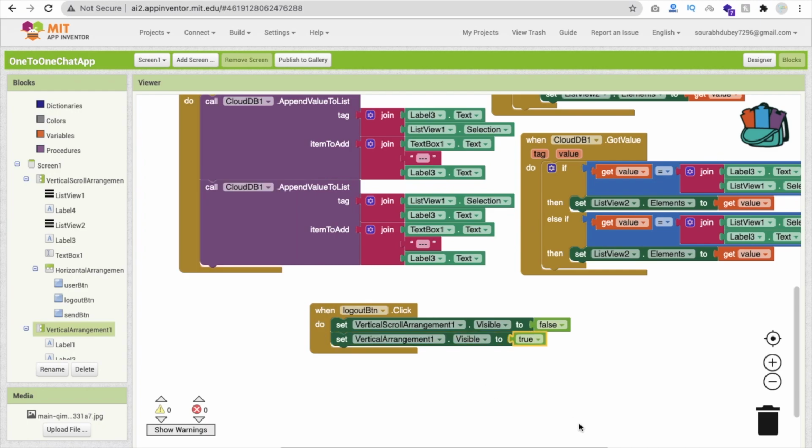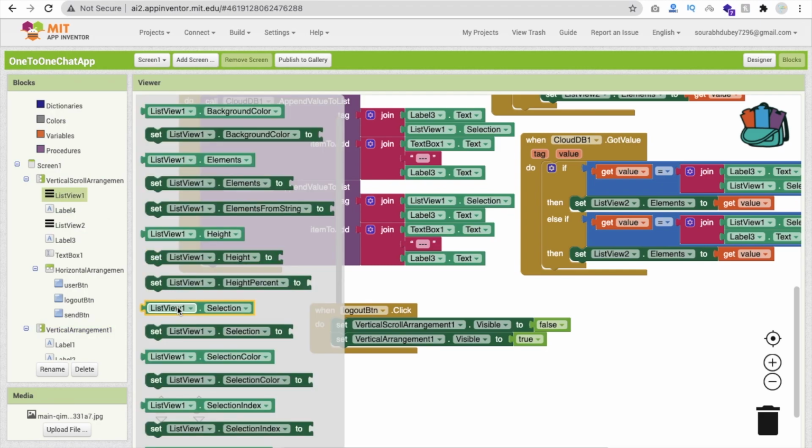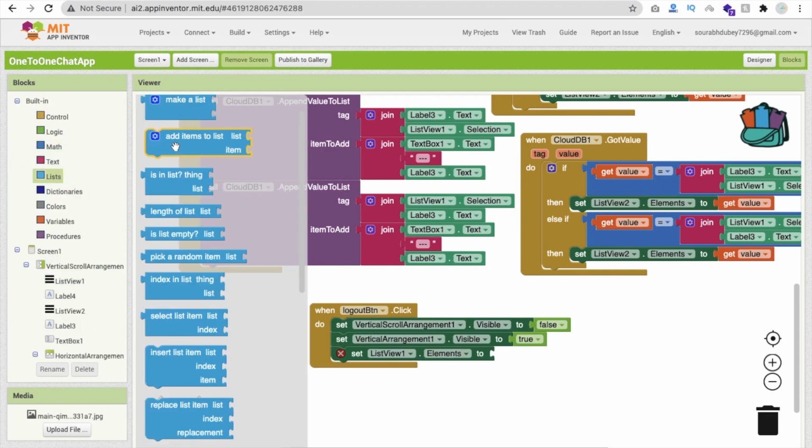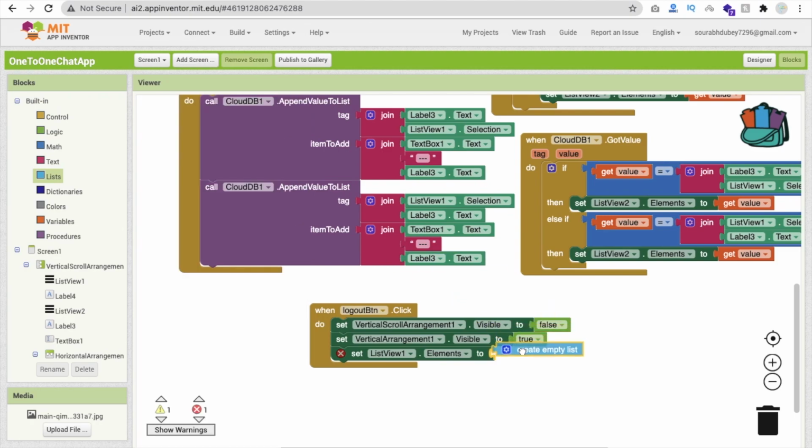One more thing we can do here, click on list view, and you can see list view dot elements. Set list view dot elements to nothing, and we will make it blank. So we just need to call it here like this, copy paste here and make list view dot create empty, right?